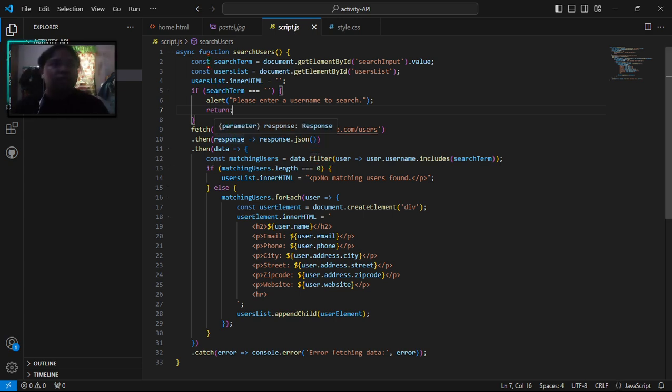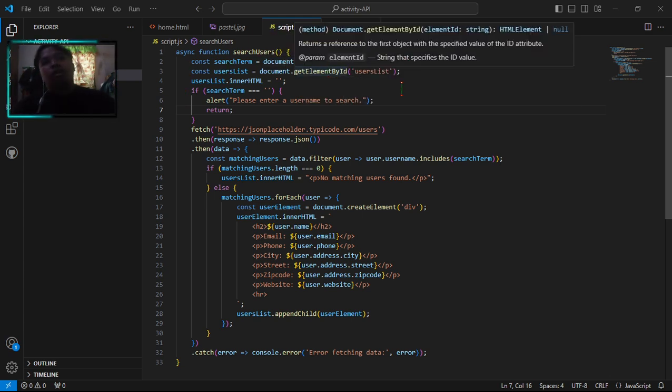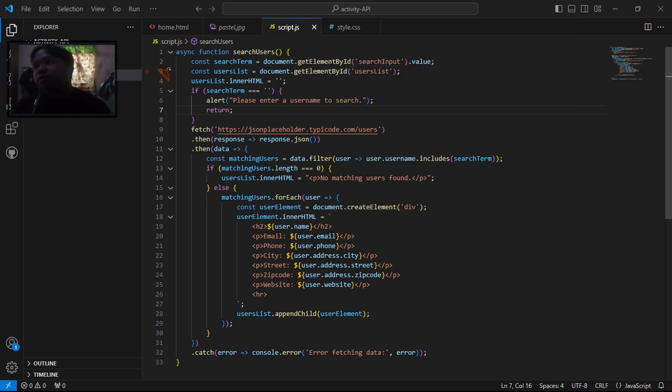Here in the JS, there is the function searchUser. It declares a constant searchTerm, document.getElementById on the search input, and a constant userList, document.getElementById on user list.